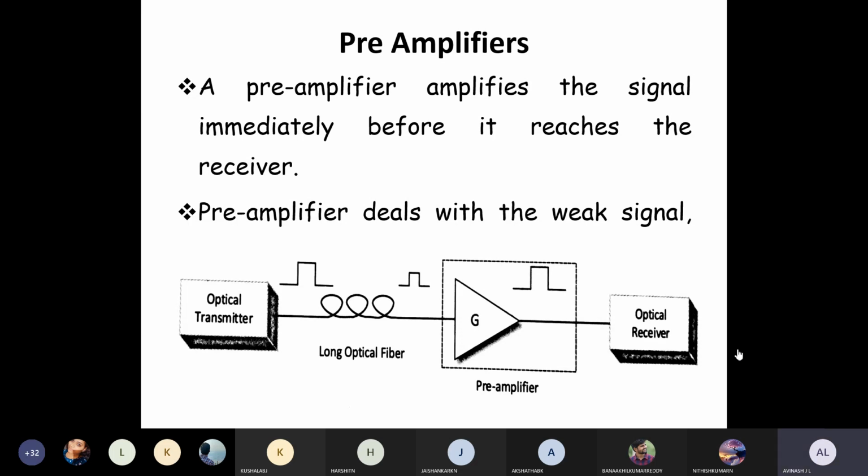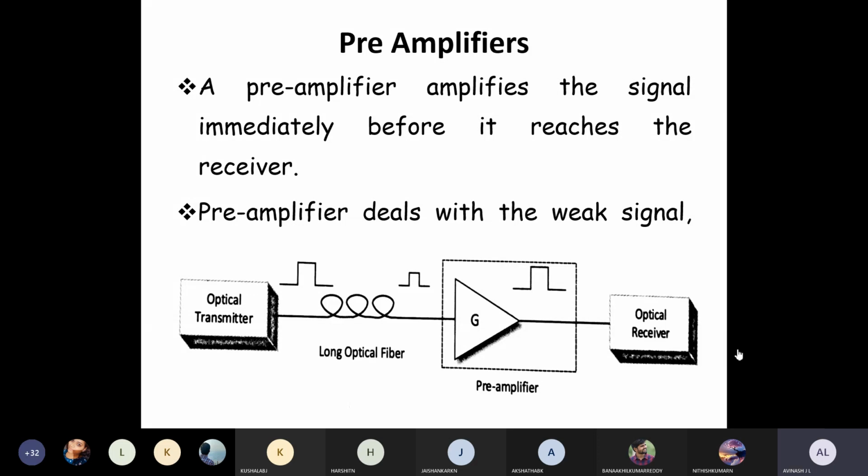So you can see the diagram. In the diagram it is very clearly mentioned that at the two extreme ends we have the optical transmitter and the optical receiver, on either of the extreme ends. So what we can do is see that optical. So even though you may or may not use the booster amplifier at the optical transmitter.